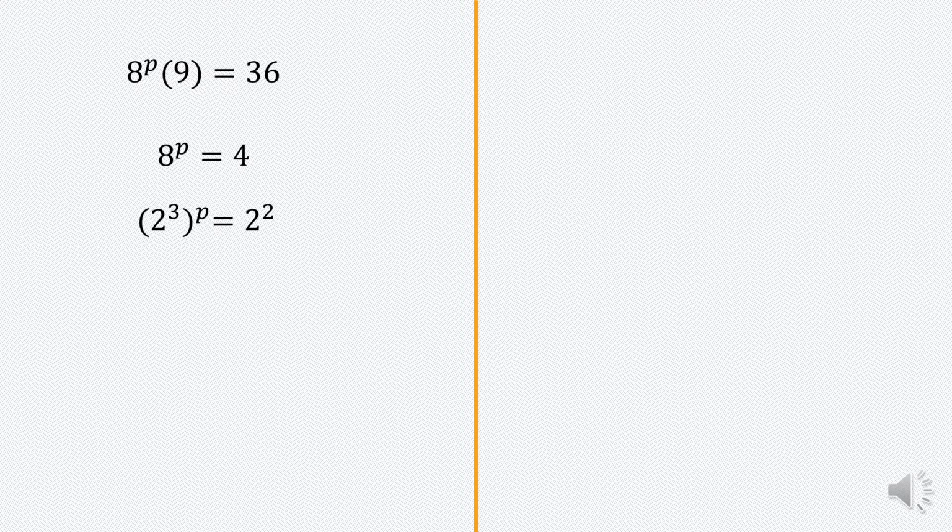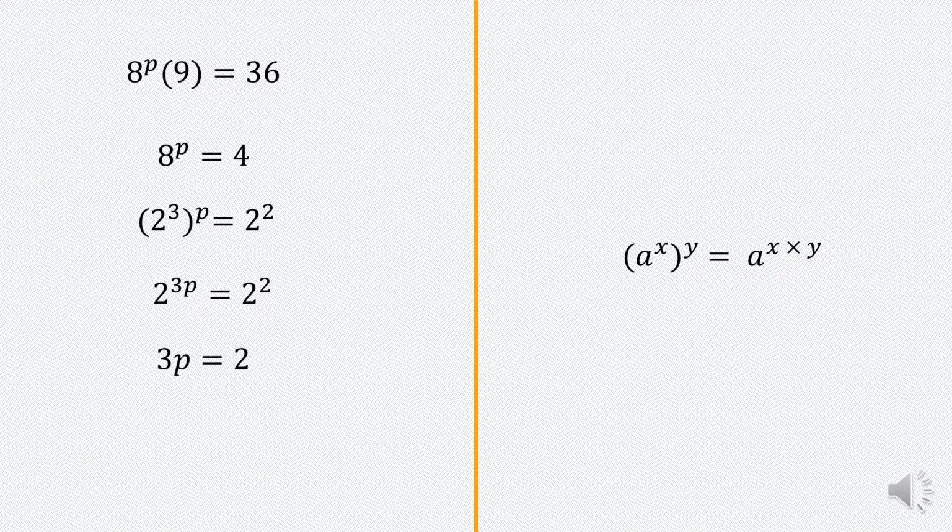Now the next thing is to apply this rule, which says a exponent x, all of that exponent y is equal to a exponent x times y. So we have 2 exponent 3 times p equals 2 exponent 2. So now the bases are the same, I can just equate the exponents. So I have 3p is equal to 2, and from here divide through by 3, get p equals 2 over 3,